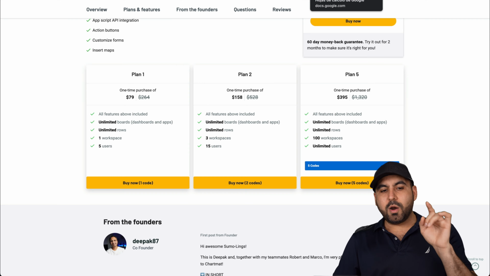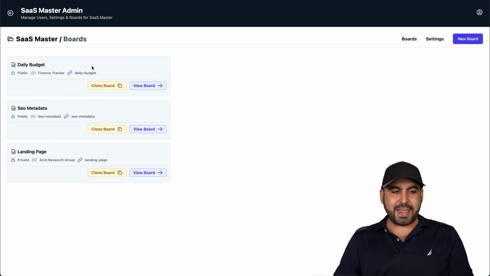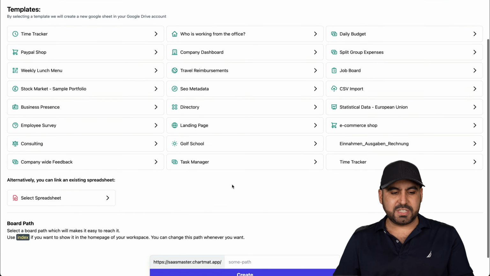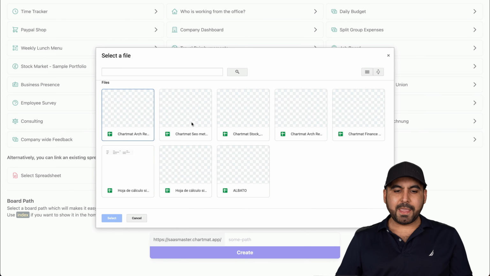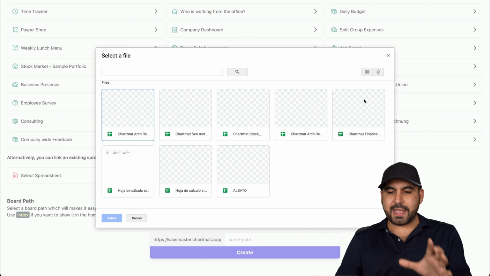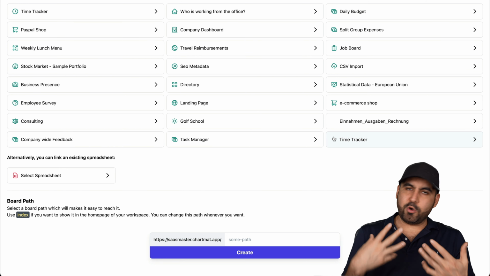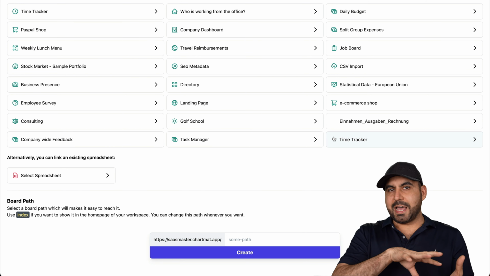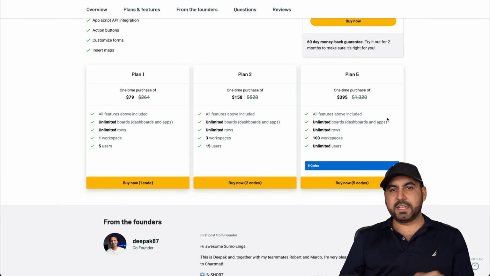And if you already have information on a Google Sheet, well, you can take advantage of that and create your own. You don't have to use templates. I can go ahead and select the spreadsheet. So in this spreadsheet, for example, I'll select it and I can select from one of the ones that it's created already and generate my own charts, my own information with my own images so I can use that as a web app and display it. So for this deal, I think it's well worth it.